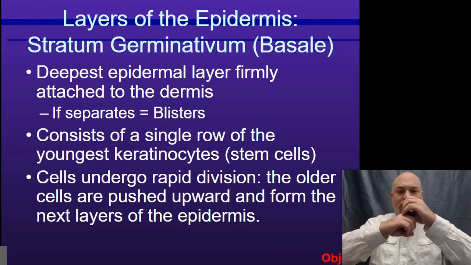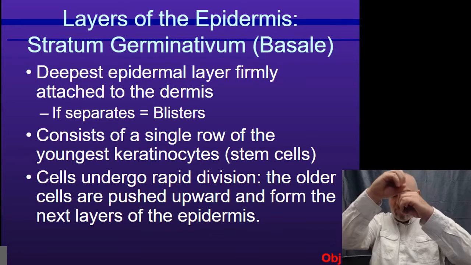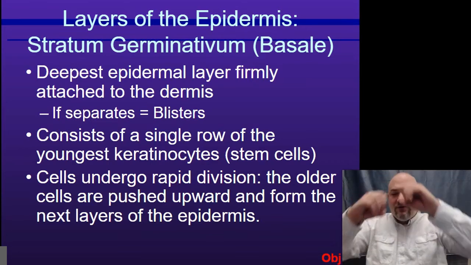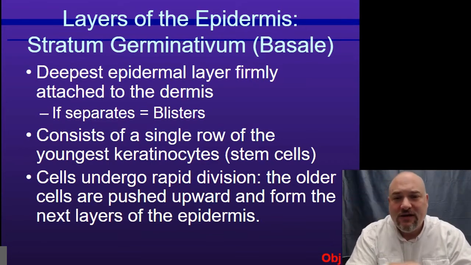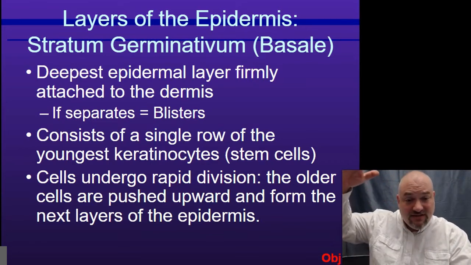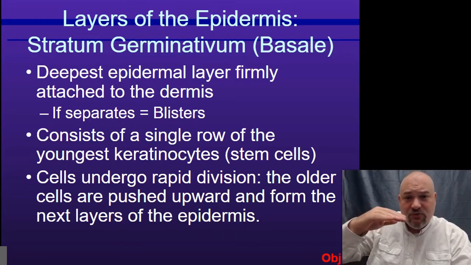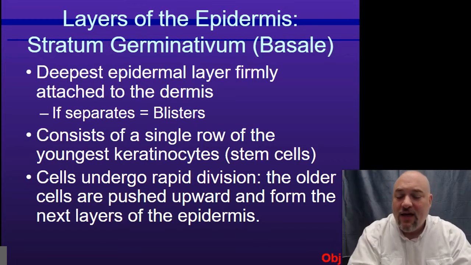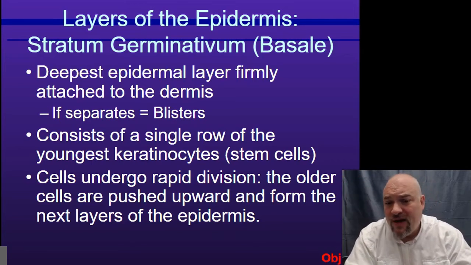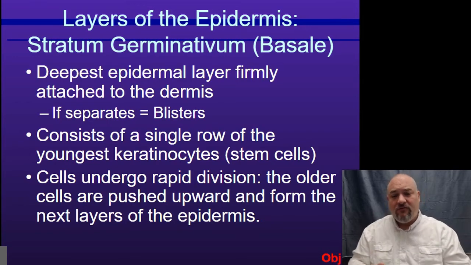Add more cells, push the older ones up. Over and over again, and those older cells become the different layers of the epidermis as you work your way up. And they're also able to go through rapid cell division because, if you recall from earlier,